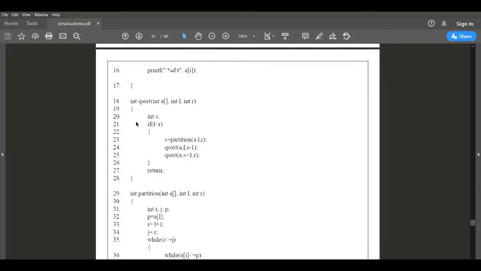Now you can see here our qsort function starts at line number 18. Then it continues with line numbers 19, 20, 21, 22, up to line number 28. In line number 21 we have an if condition. Based on this condition, the lines inside the brackets, line number 22 to 26, will execute if this